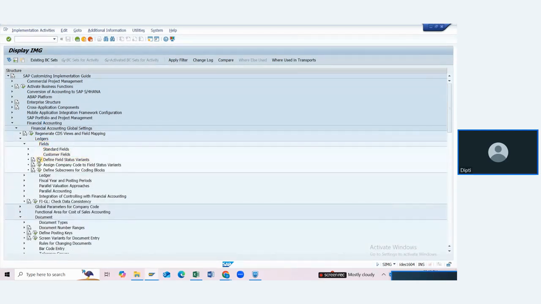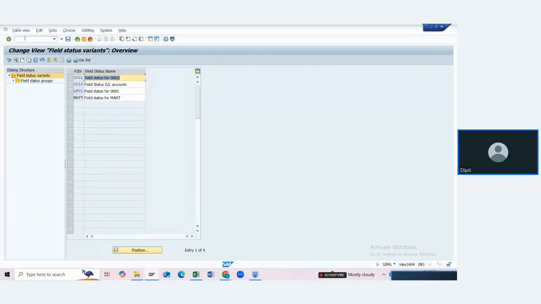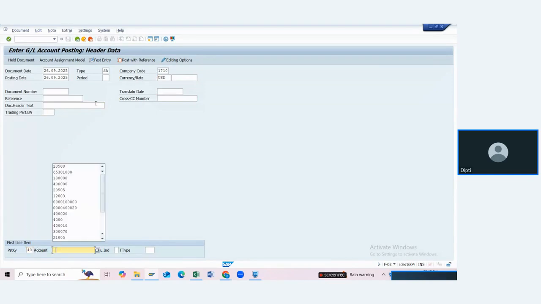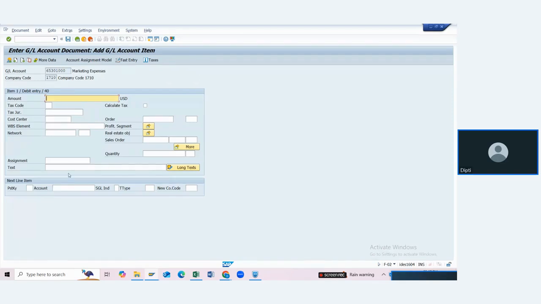If you check these fields now, when we go for a particular entry, I will show you. Say for example, I'm posting an accounting entry. Can you see here? These are the fields which are appearing on a screen. There are different fields. These are the fields which are optional right now. The user may post the entry or not, that is fine. So the status is optional. Such fields can be controlled from the backend.